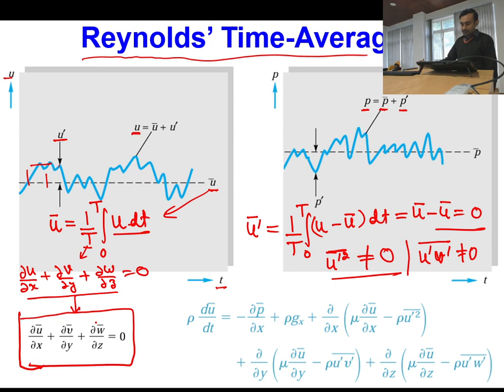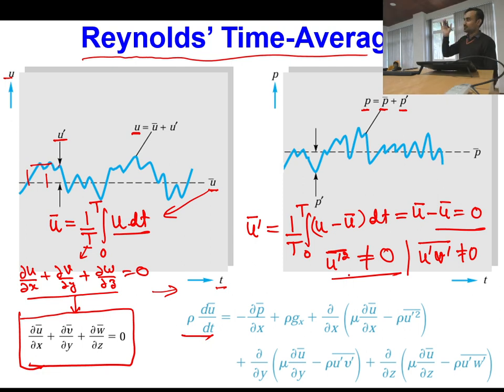Similarly, if you consider one-dimensional flow, where the flow is dominant in only the x direction, then I will be mainly interested in only the x momentum equation. I will not have much interest in the y and z momentum equations. So if I want to obtain the x momentum equation, then after substituting this Reynolds averaging